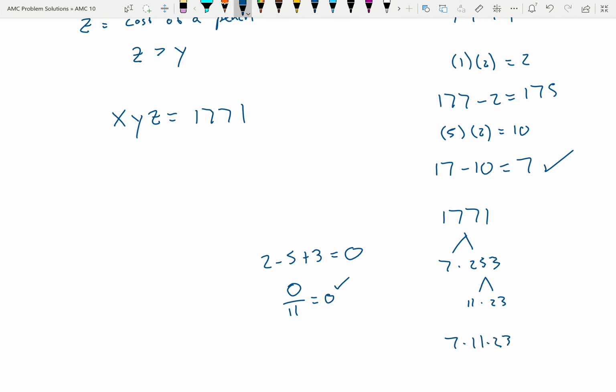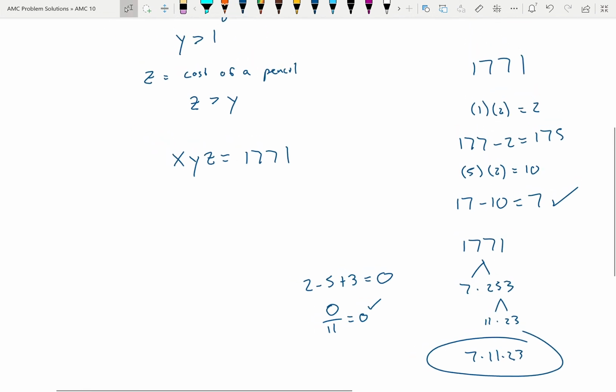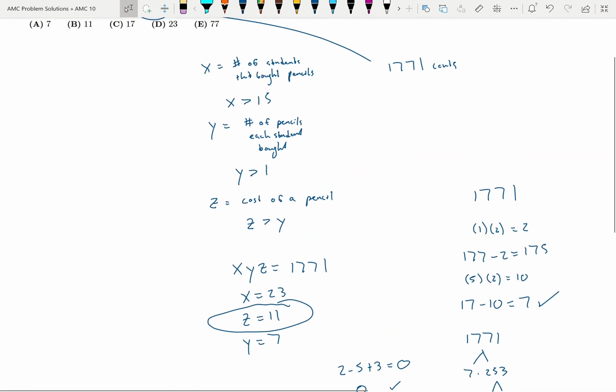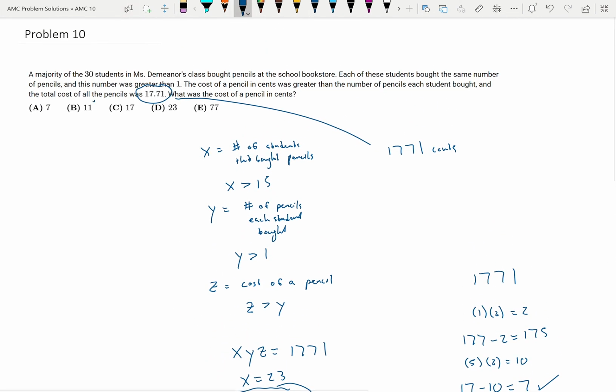So x, y, and z have to be these numbers. Since x has to be greater than 15, the only one here greater than 15 is 23, so x has to be 23. And since z is greater than y, z has to be 11, and y has to be 7. We were looking for the cost of a pencil in cents, which is z. So the cost of a pencil in cents is 11 cents. So the answer is choice